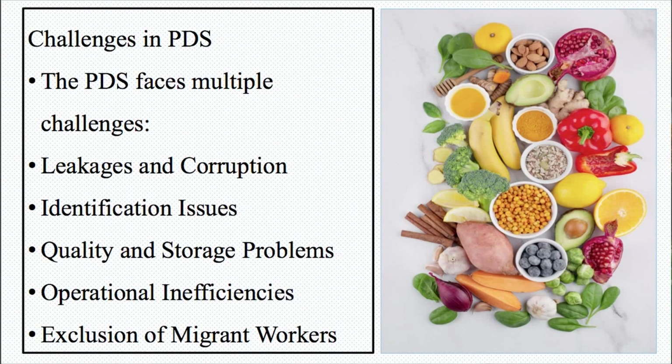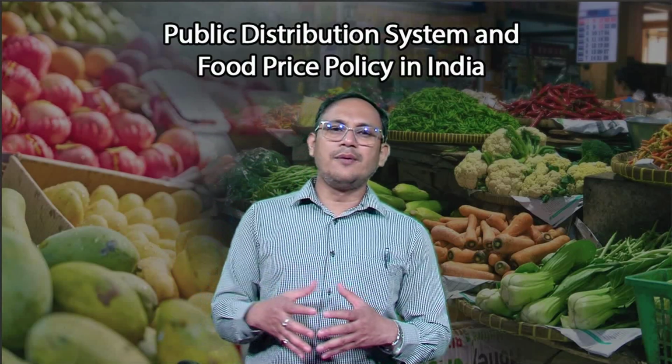Now, operational inefficiencies. Although efforts are there on the part of both the central and state governments, operational inefficiency is very much there in the system, which leads to delays in procurement and distribution, and it hampers the timely availability of food grains. And then exclusion of migrant workers. Although the One Nation One Card system was introduced, it is not